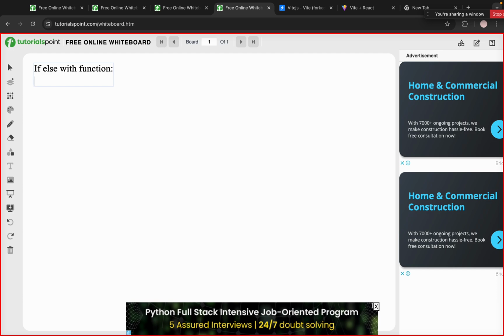For that I'll create one function called getStatusMessage. I'll take the status from the parameter. Suppose if the status is loading,